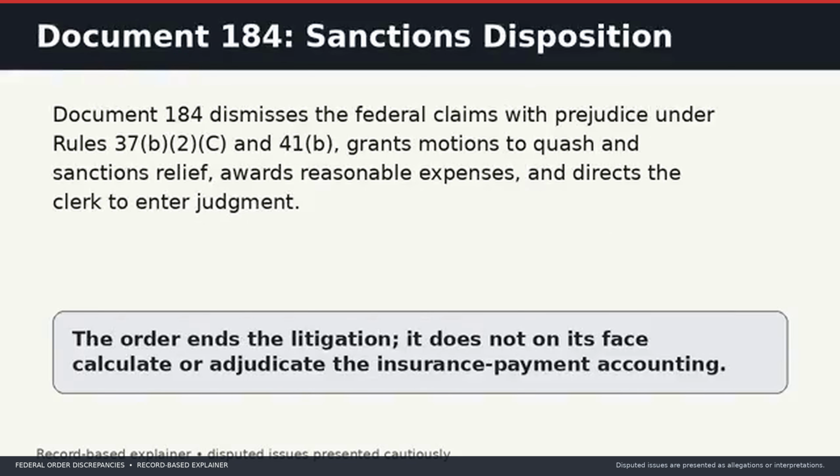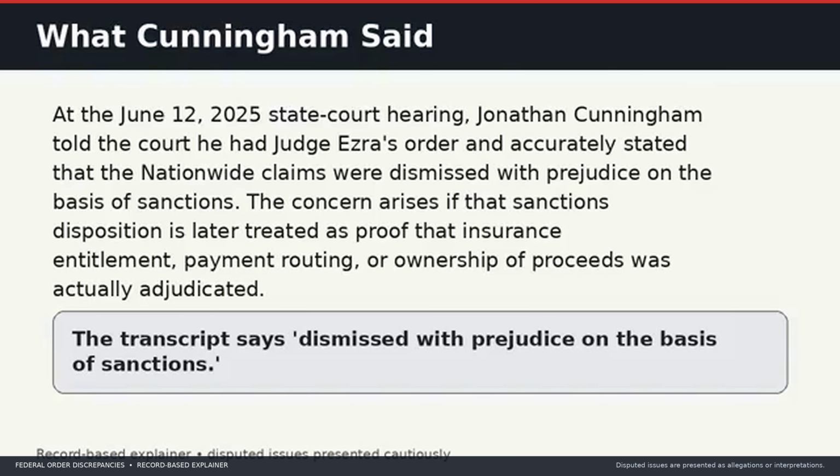The money trail is a separate question. The insurance money trail is a separate factual issue. The Nationwide payment history materials identify multiple payments and different payees. The records identify Siegel, McCambridge, Singer & Mahoney, Ltd., an Illinois trust account, and a firm, Foreign Corporation, Limited, among payment recipients, and they also identify a separate payment to Harrington, Grant, and PHH Mortgage Services. Those records create accounting questions. They do not, standing alone, prove wrongdoing.